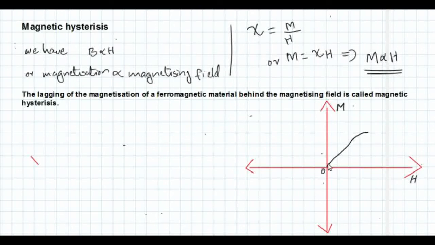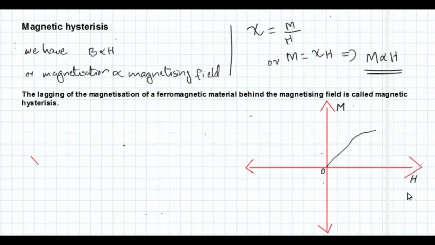In the beginning you can see that it is approximately proportional. Now this is the maximum value of the magnetizing field we have given, and as we reach the maximum value, this proportionality is slowly lost, and from here onwards there is not much improvement in the magnetization of the ferromagnetic material. Now here we stop